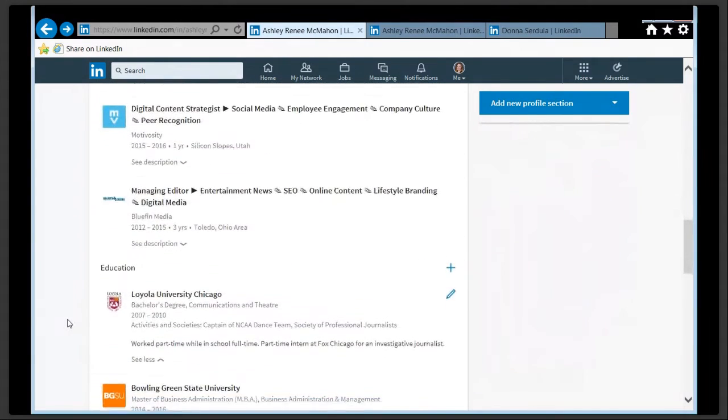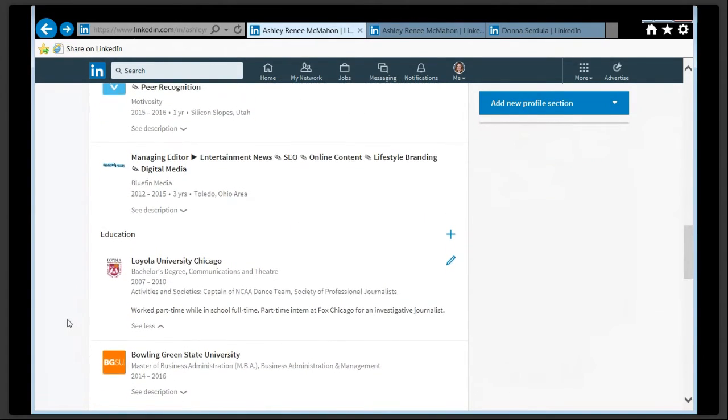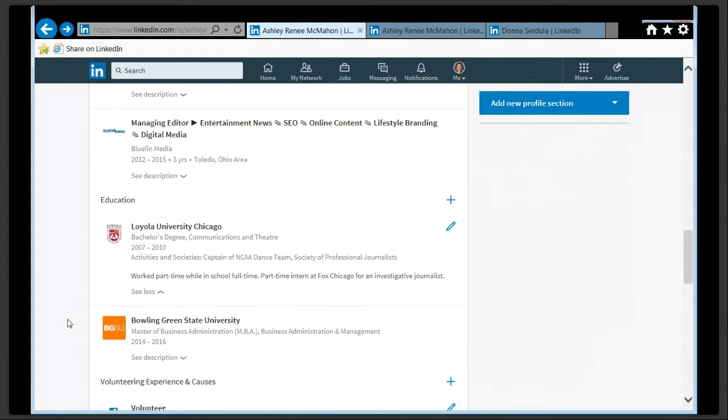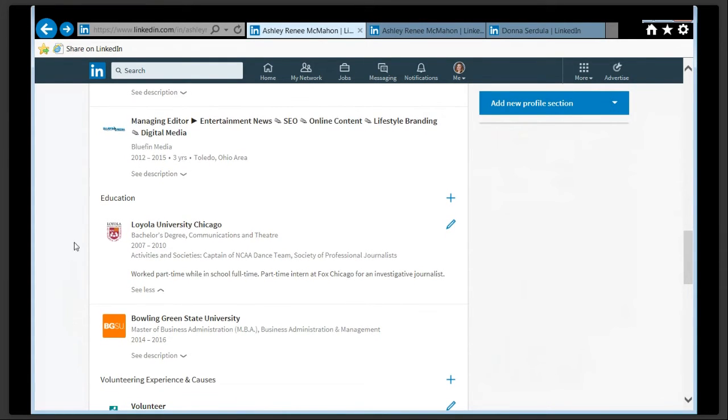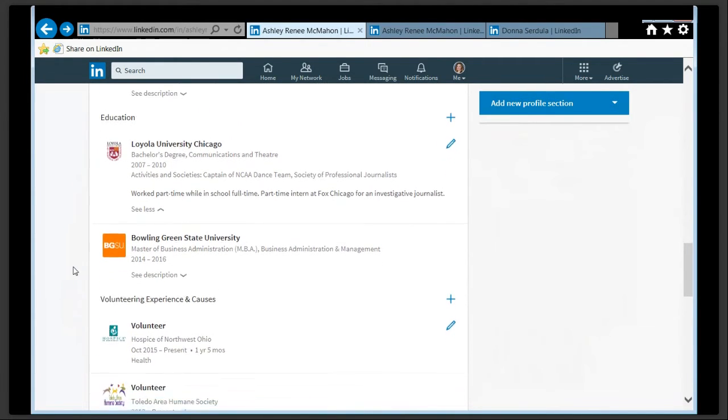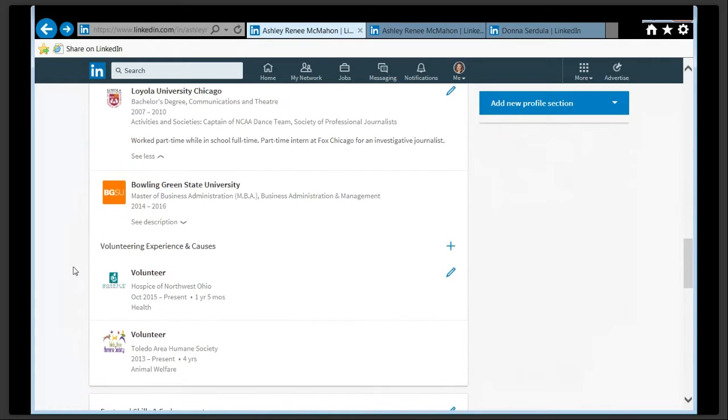I'm going to keep scrolling down, and this is something that is only temporary, and that is at this point. After experiences comes education. After education comes volunteering experiences. And you cannot,